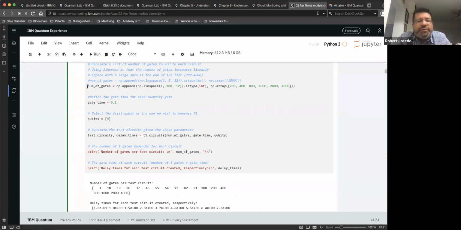If we look at this, right now we're going to create various different tests. The first one I want to do is create 100 tests, separated 12 at a time. So every 12 or so, I want to add another test value, and then append larger values, of course. So 200 circuit tests, 400, 800, 1,000, 2,000, and 4,000. I'll show you what this means in a bit. These are basically the number of gates that we're going to apply in between to hold off that time